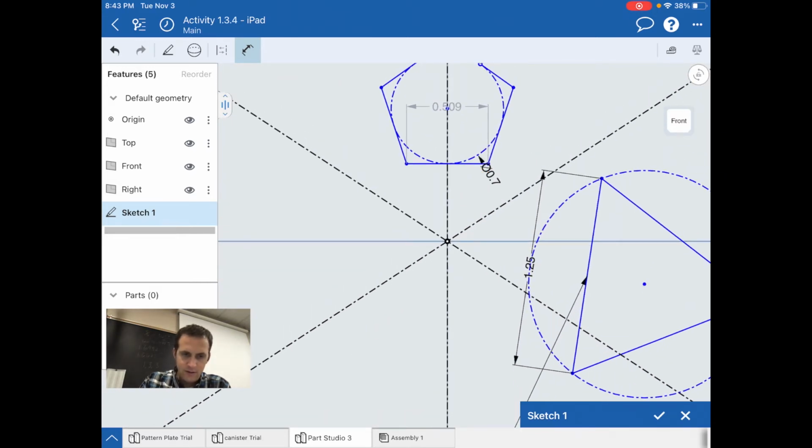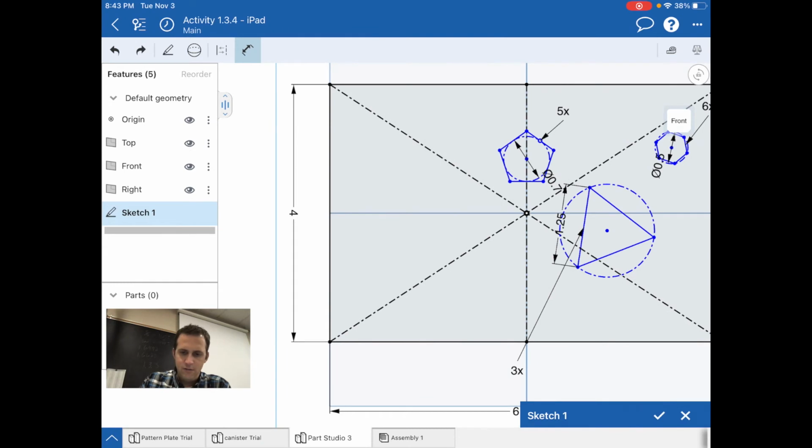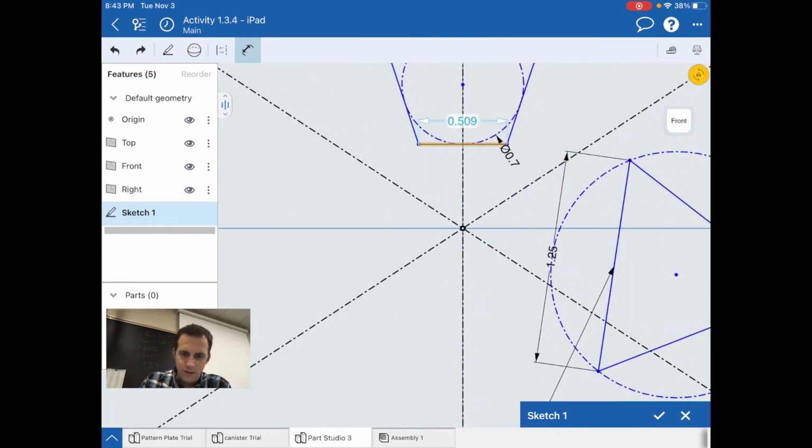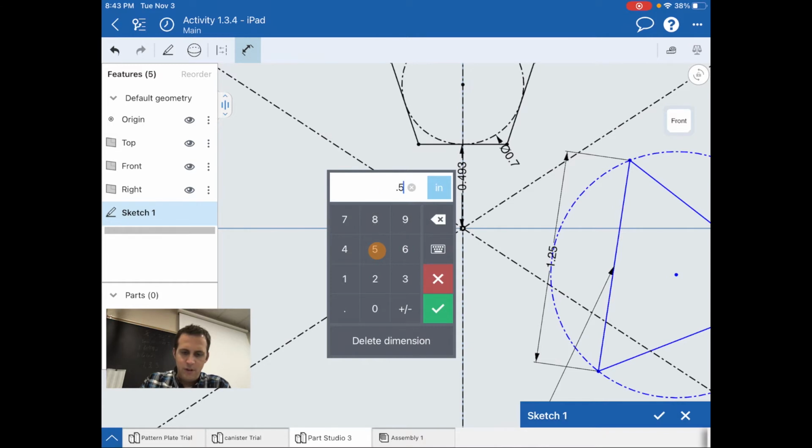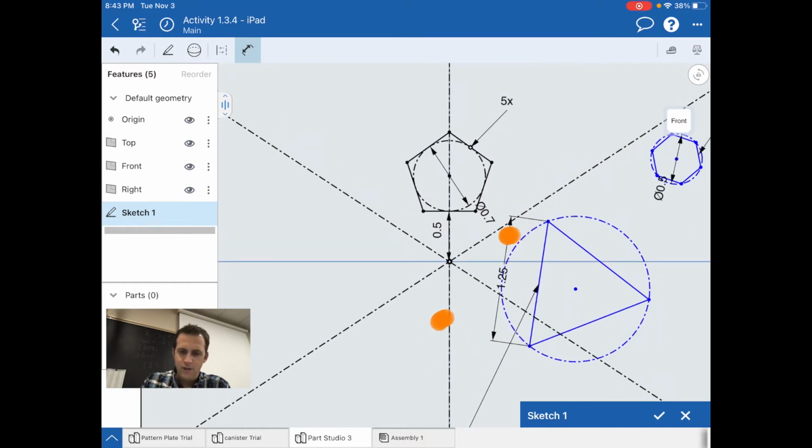axis, undo that. All right, that line to the axis. Let's see if it'll let me choose it. That dimension is, oh man, that's not working. There we go. That dimension is supposed to be 0.5. All right, so now that I've done that, it's black, it's locked in. That one's done. So now what I'm going to do,